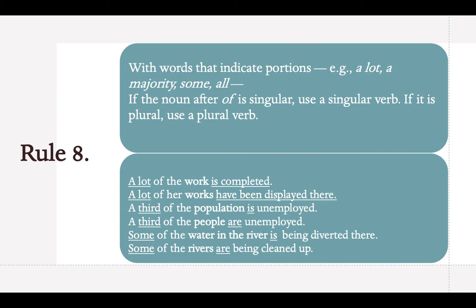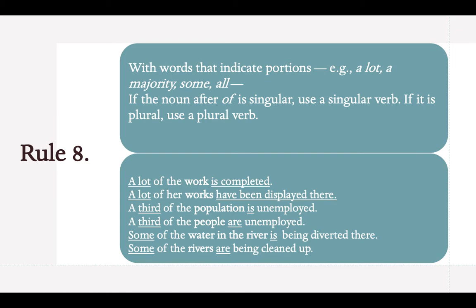A third of the population is unemployed. Population is considered as a single thing. What is the population of the country? You don't ask what are the population of the country. What is population or a singular item considered ചെയ്യുന്നത്. So a third of the population is unemployed. But if it is people, a third of the people are unemployed. People is plural. So a third of the people